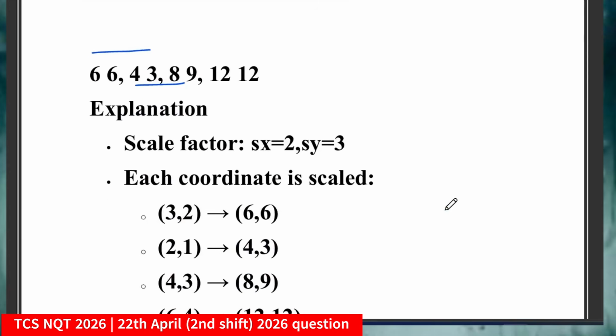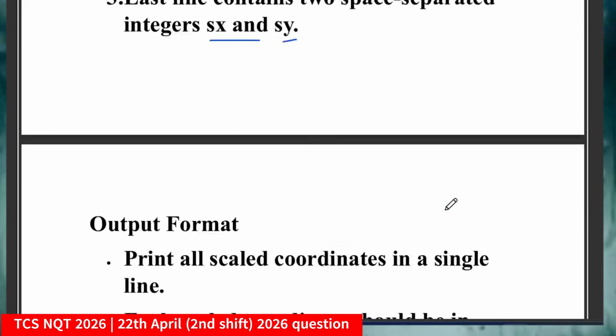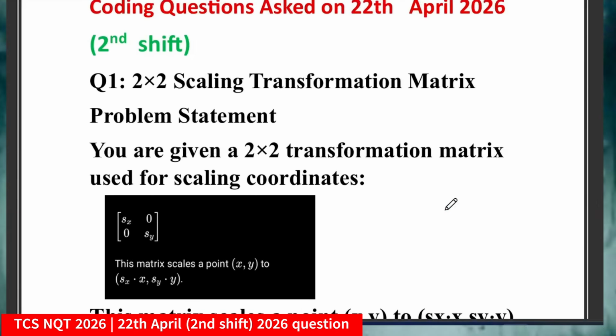Now friends, pause the video, take a screenshot of the question and try to solve it yourself. Then you will be confident enough, and try to write the solution from scratch. I have already uploaded a video related to coding hacks and tips, so those who have exams further must go through our video, especially the part on how to take input. Remember, this question is not that hard if you know how to take input, but many candidates say that they are facing issues related to input. So must comment your feedback.